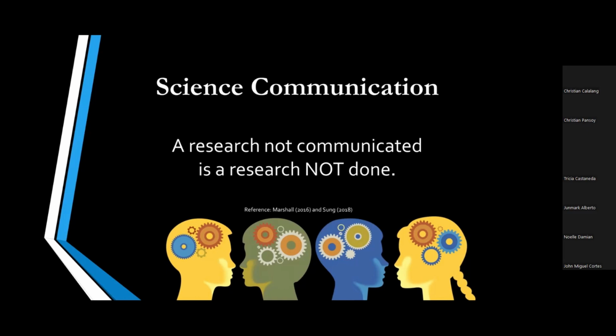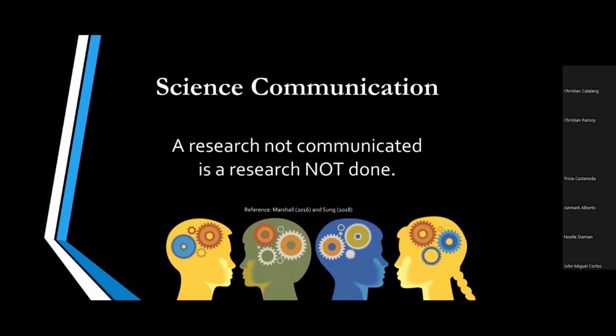Ano ang pakahulugan mo dito, Marvin? Sir, feeling ko po kasi, when it comes to research, parang you're seeking for a new knowledge or information. So if you're not able to communicate it or to share it with other people, yung research mo is ginawa mo lang, pero if you're not able to share it with others, parang for yourself lang yung ginawa mo, ganun po yung pagkakaintindi ko.